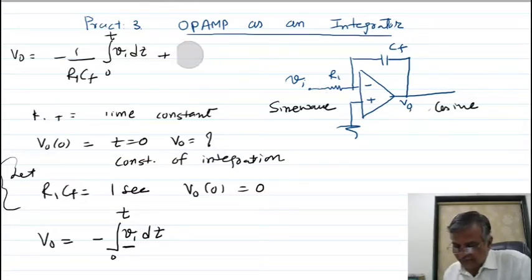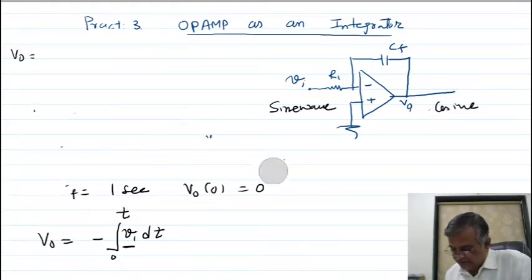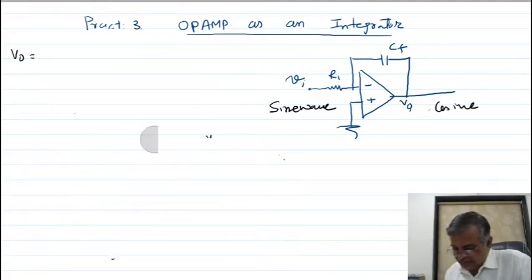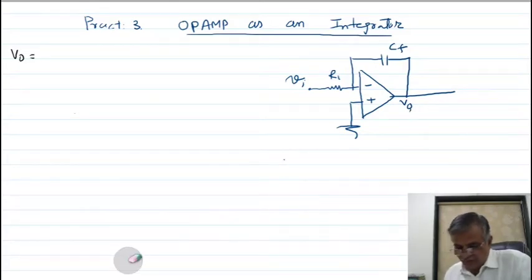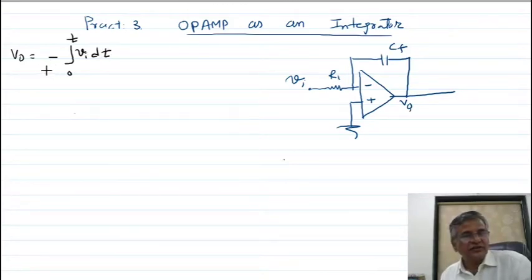Look here, I am showing you now with the help of this diagram. If you apply a square wave, you will get a triangle wave from this integrator circuit. So your equation I have written, this is the equation of the output voltage for the integrator, provided the time constant of the circuit is 1 second and the integration constant of the circuit is 0.